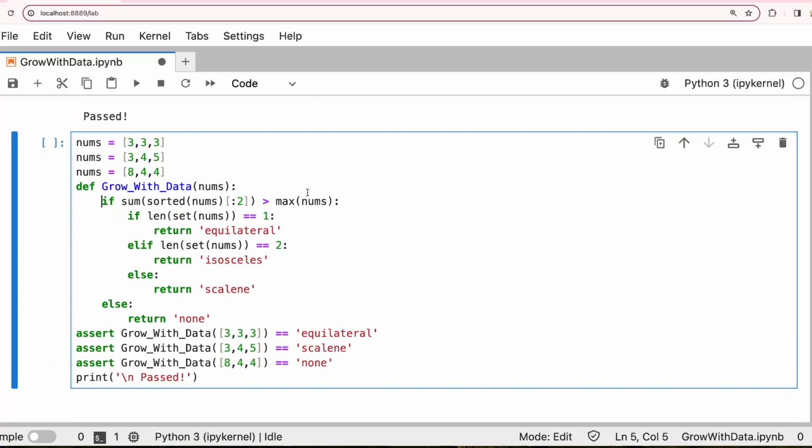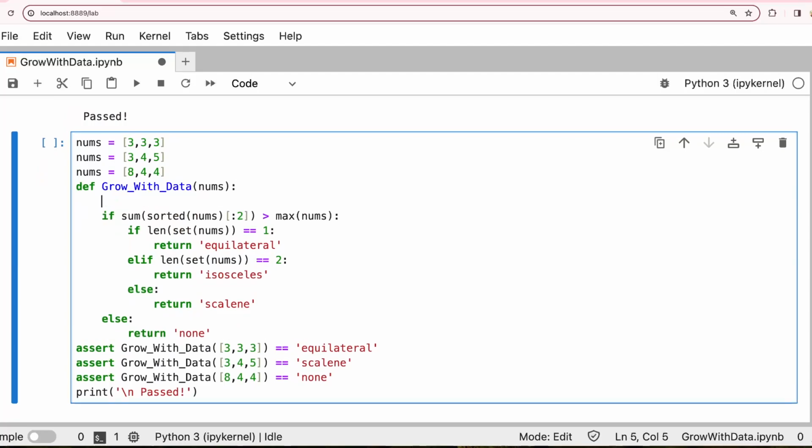So we do the if condition, right? Let's keep the condition like this. So we just say return, first condition is if this condition, right? So we just change a little bit. If this one is less than or equal to, that means if it's not a triangle, then what should you do? You just return none, right? So if that condition satisfies this, we are returning this. Then if not, right,